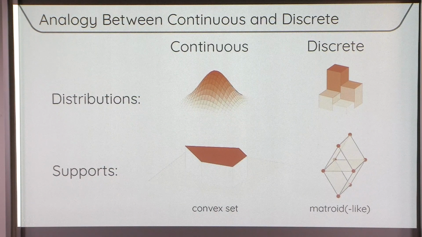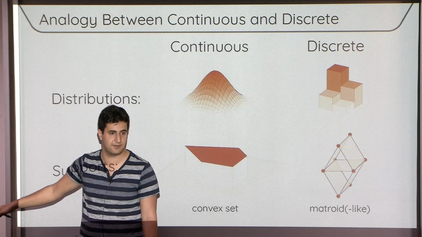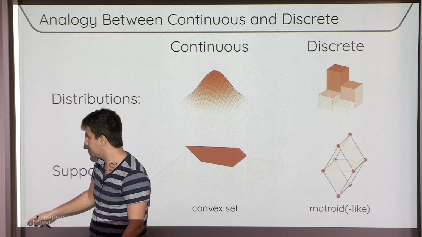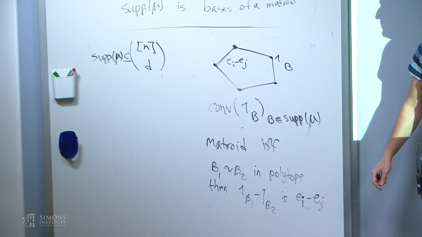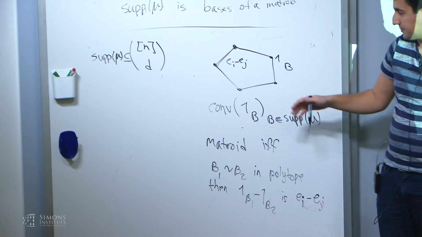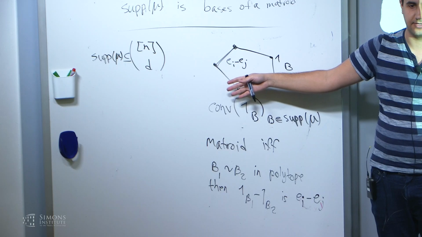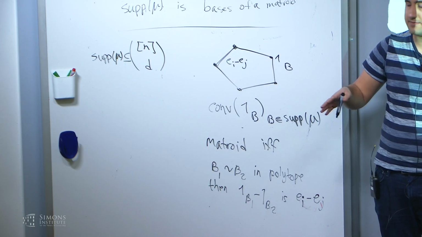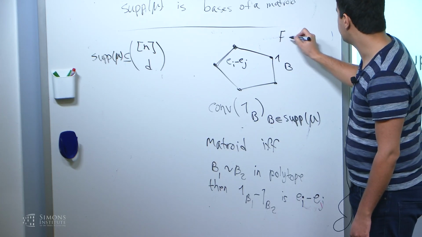Now one thing that you can show is very similar to the proof that the supports of real stable polynomials are matroids, almost the same. So it's not a very innovative proof, but let's just go over it. The point is that this polytope is the Newton polytope of your polynomial, right? If you restrict your polynomial and drop the terms that don't belong to a face, so let's say that F is a face of this polytope,